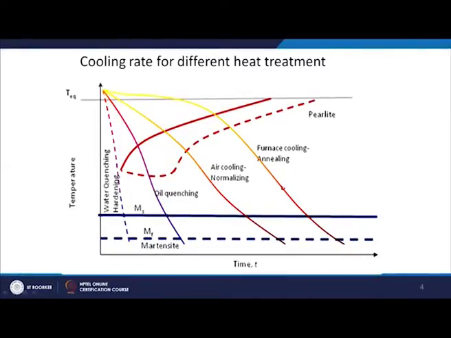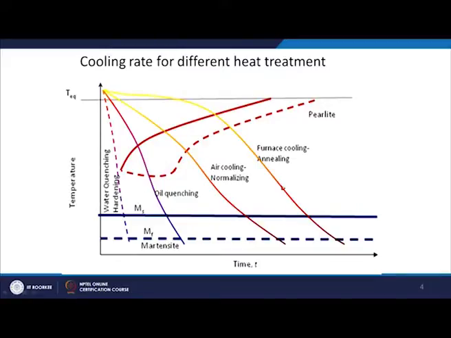You can do oil quenching, you take it out, put it in the oil. Of course, now oil quenching will be much faster than air cooling. So, you can have faster cooling, and all these cooling curves are superimposed on a CCT curve as shown here. Now you can also understand that if you are doing furnace cooling, what microstructure you will get, if you are doing air cooling, what microstructure I am going to get, if I am doing oil quenching, what microstructure I am going to get, and if I am doing water quenching, which type of microstructure I am going to get.